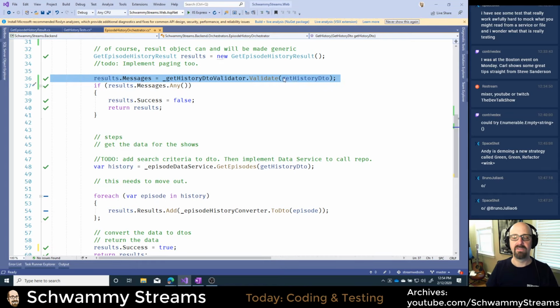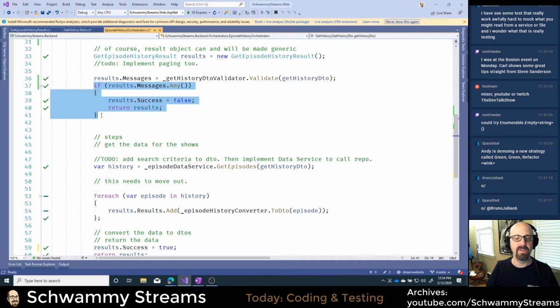And so in this case, I want to test this next set of logic. If there are messages, then return false, or success is false. And if there aren't, keep moving. And the only way to test that without a mock would really be to double test validate. I'd have to write code in here that would be valid or not valid. And I don't want to do that in this case. That's sort of the beauty of mocking.